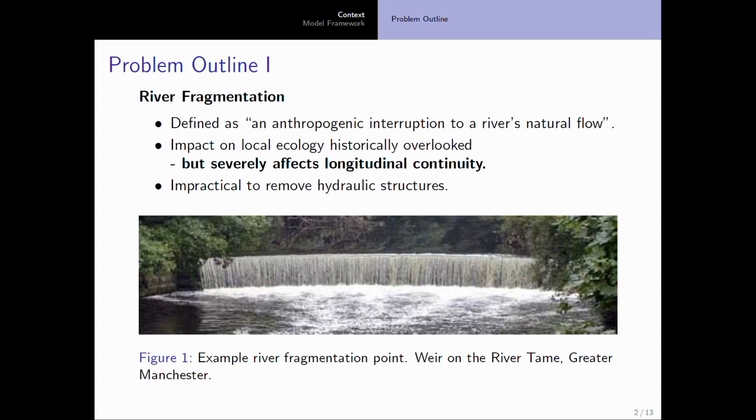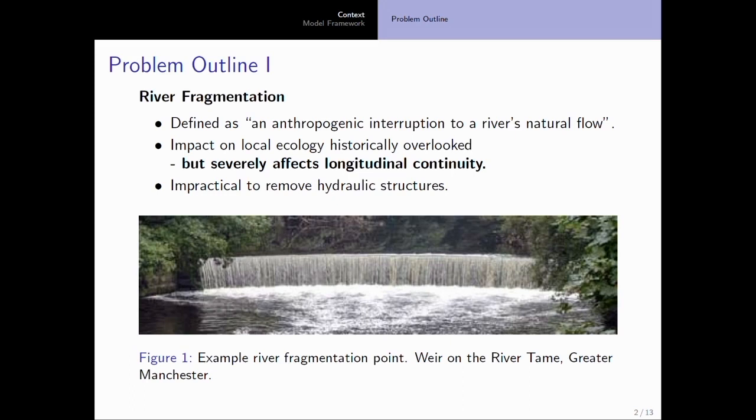So a small amount of context first. We have a lot of rivers in this country and around the world, and almost all of them are in some way anthropogenically interrupted. So that's us doing things to the river for whatever reason, be it facilitating navigation or permitting extraction or any of those kind of things. So historically, the ecological impact of this wasn't really assessed, it wasn't really looked at, but it's been revisited reasonably recently,